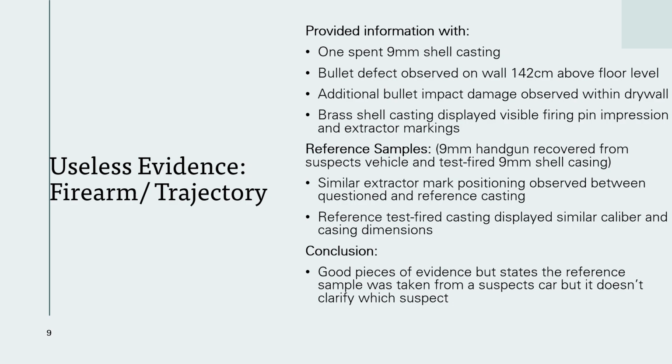Along with the useful evidence, there was also useless evidence that I found, which was the firearm and the trajectory. However, it did provide me with information on the one spent 9mm shell casing, the bullet defect observed on the wall 142 centimeters above the floor level, the additional bullet impact damage observed within the drywall,